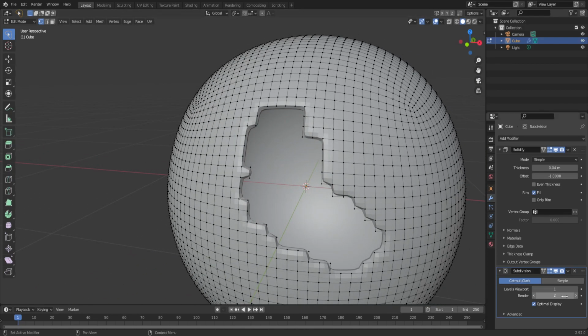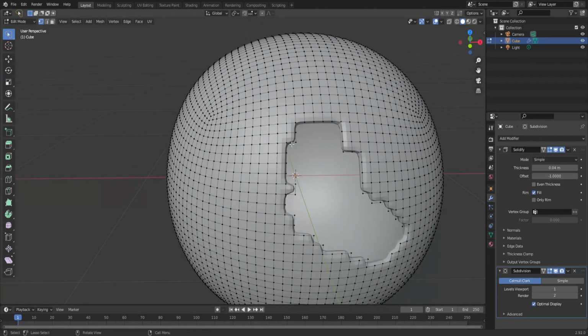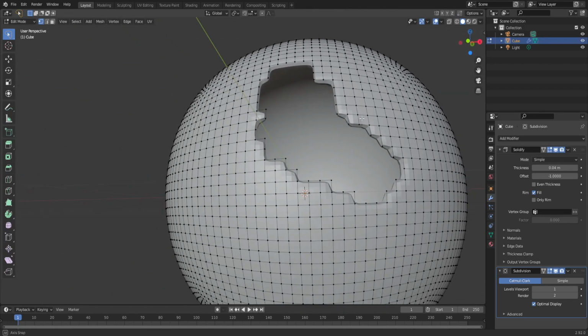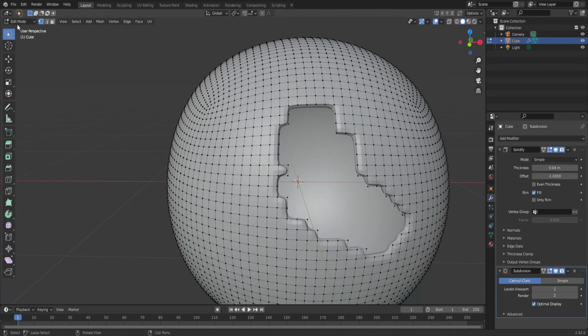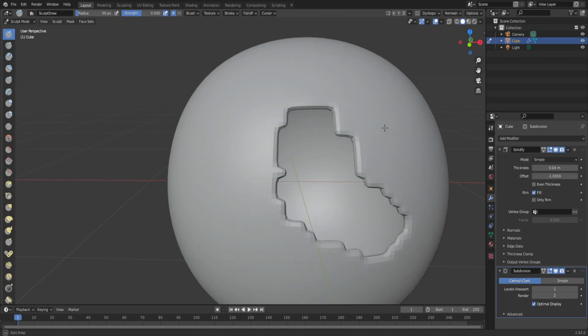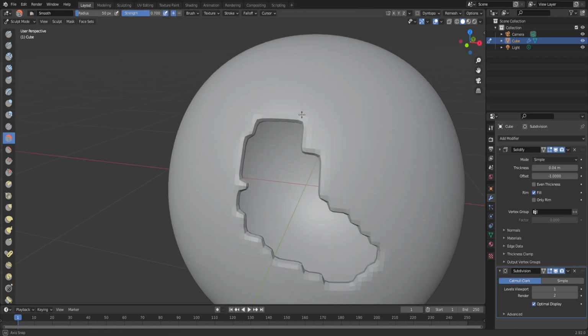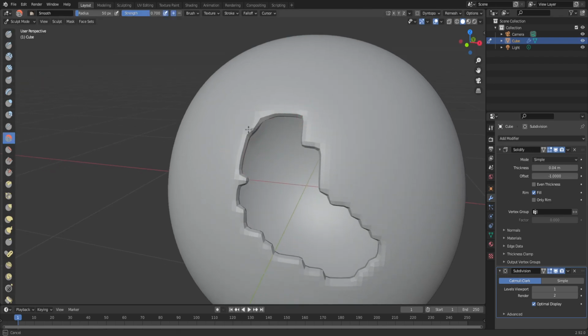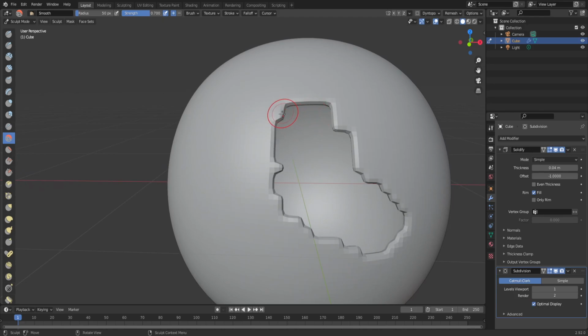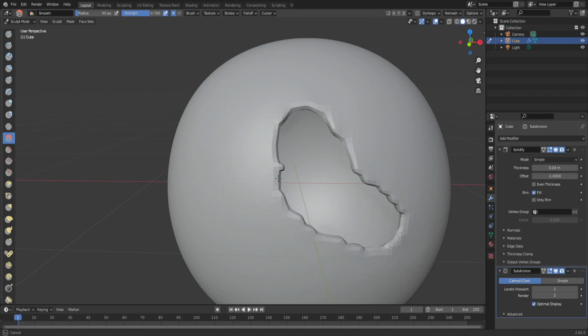But we subdivide that again, and then we can just edit it however we want. And the best way I find to do it is the sculpt mode. And you can just use the drag brush, the smoothing brush, just really any brush that you think will give it some nice textures. And you just build it out however you want, and make sure it looks smooth, and just make the rips look real,